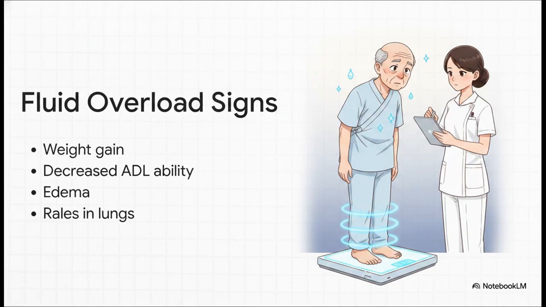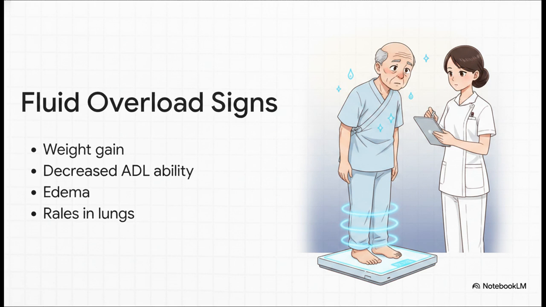And here's your core NCLEX priority: daily weights. It is the single most reliable indicator of fluid volume status. It is way more accurate than tracking intake and output logs. A sudden 3-pound overnight weight gain is not from a heavy dinner, right? That is pure fluid backing up into the lungs. That fluid causes rales or crackles, and it settles down in the legs as peripheral edema, which severely limits the